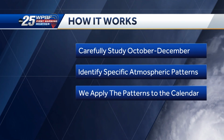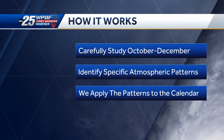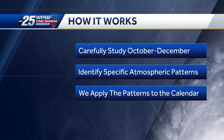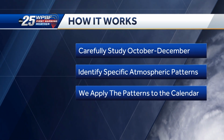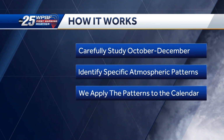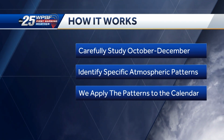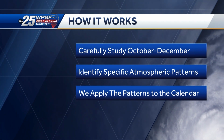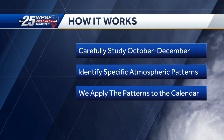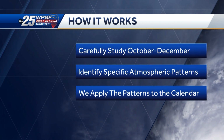Here's what I mean. If we see an area of low pressure develop in the Gulf of Mexico and then it moves over to the west coast of Florida, and then we see that same low redevelop again, let's say 54 days later, which is around what the pattern is this year, 52 days. If we see it redevelop again 52 days later, not only do we know where it's going to develop, but we also know where it's going to go. And that happens again 52 days later and 52 days later,